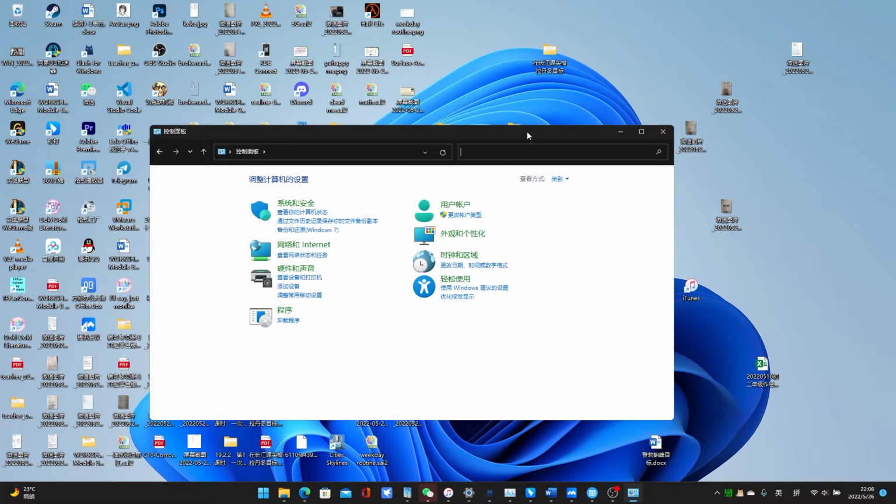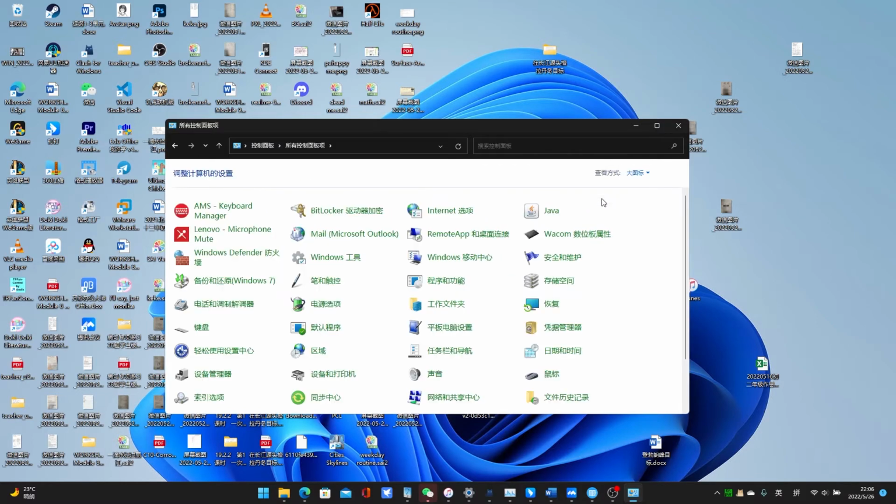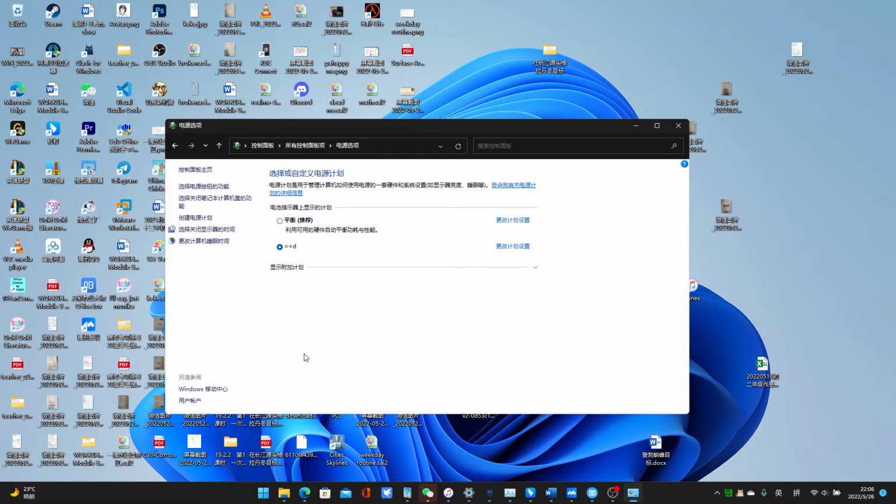Anyway, in this area of the Control Panel window, there's a category, and you click on it and choose large icons or big icons. I can't remember correctly. Then choose this battery icon. Yeah, this one. Just recognize the icon. It says Power Options. Anyway, click into it, and then